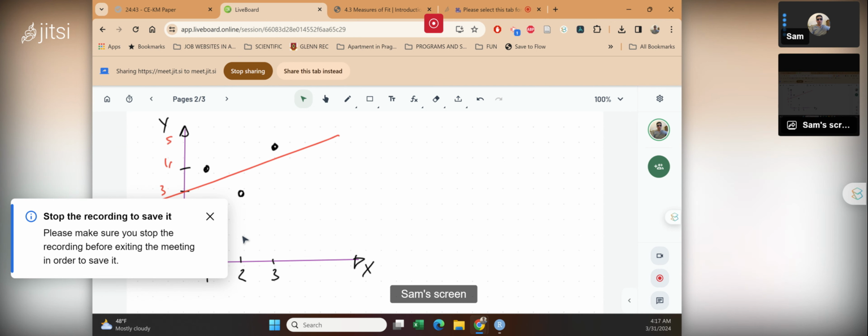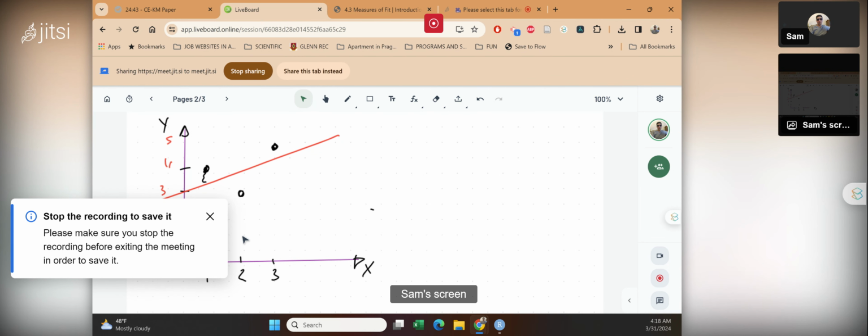So what else? Well, obviously, this line is not actually describing this relationship perfectly, in the sense that you have some deviations from this red line, and